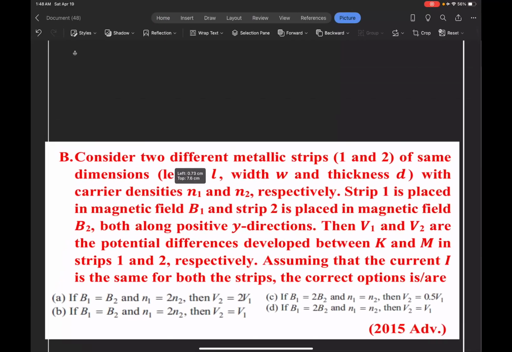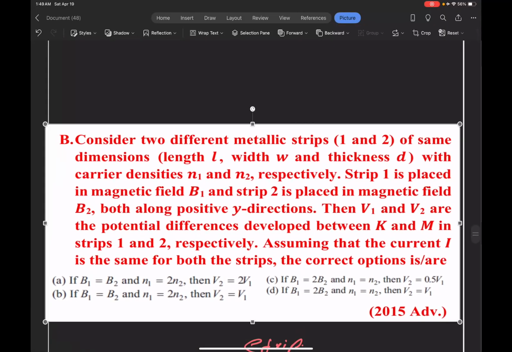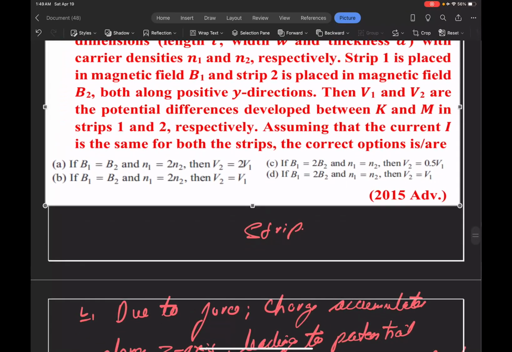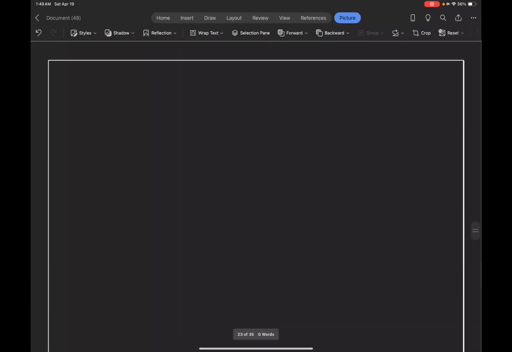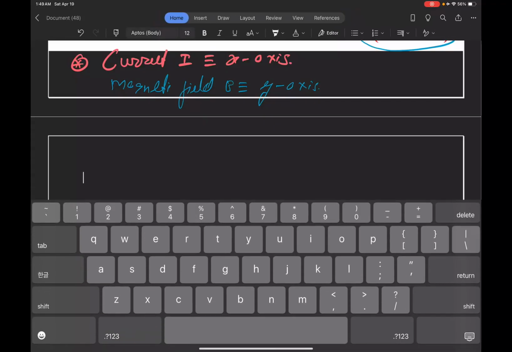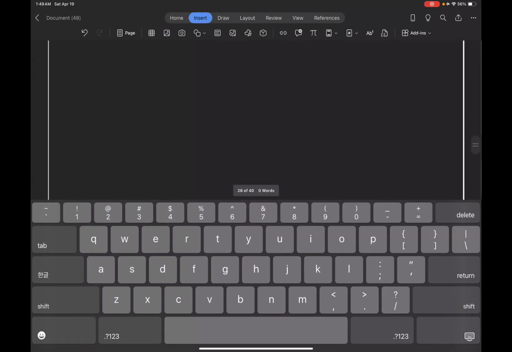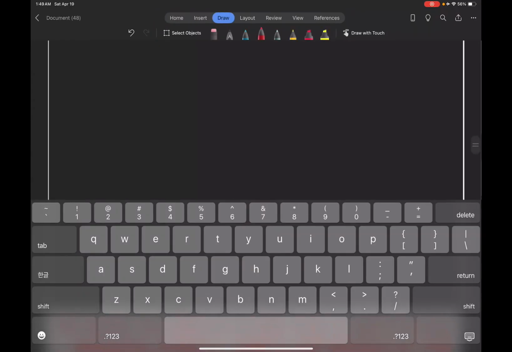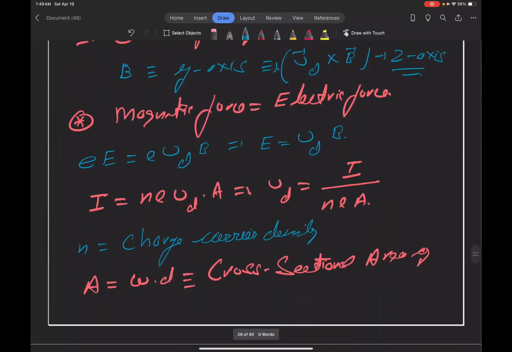Yeah. So this is actually part B, which I messed up once again, like the previous questions which I missed. Let me, I think this will be sufficient. Okay,